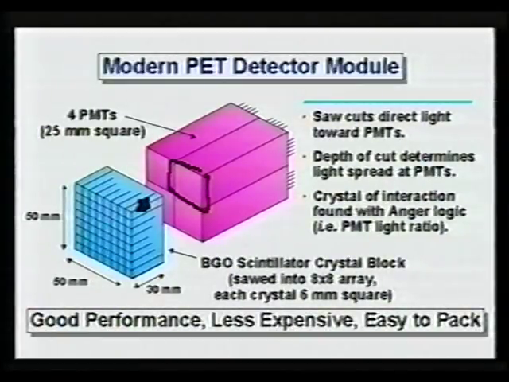For example, an interaction in this corner crystal here will put a lot of light into this photomultiplier tube, but not very much light into the other 3 photomultiplier tubes over here. However, an interaction in this crystal right here will put equal amounts of light into those photomultiplier tubes and not very much light into these photomultiplier tubes. And basically, by taking the ratio of the amount of light